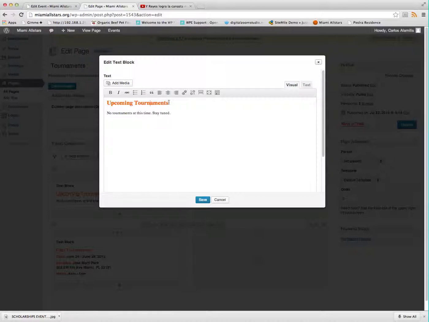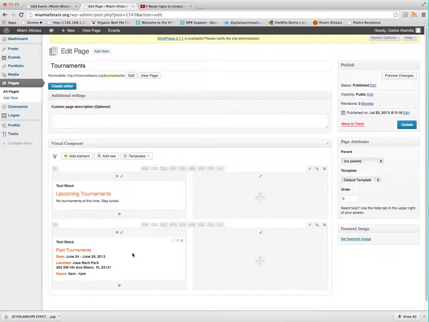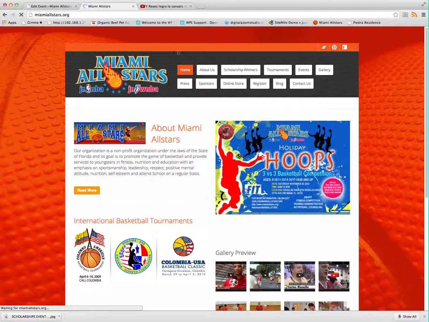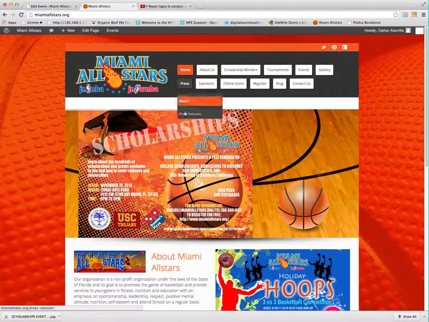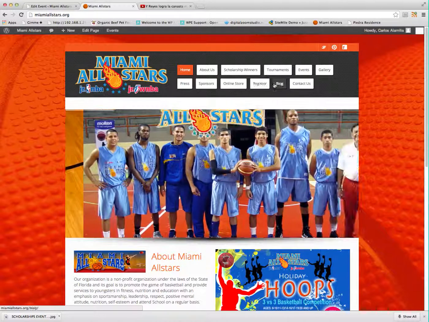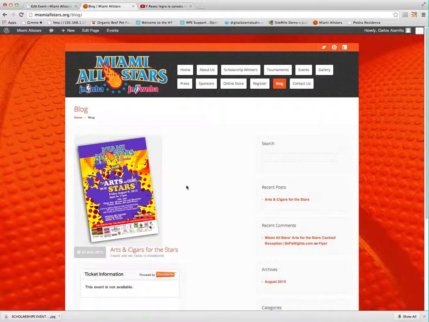If you want it to stay the same color, just make sure you highlight over it and write over it. Okay. And let's go to another page. Press and media, we haven't done anything on these pages, but they all change the same way. Blog, if you want to write a blog post,